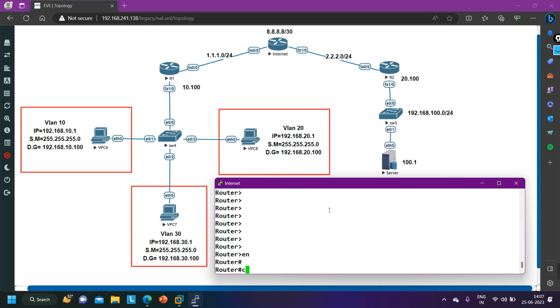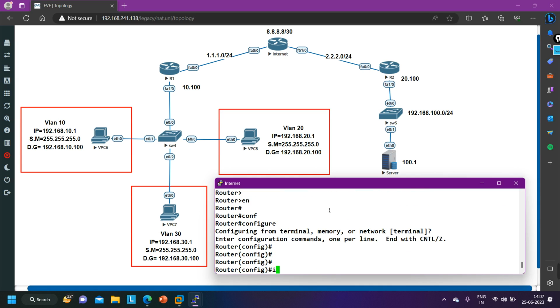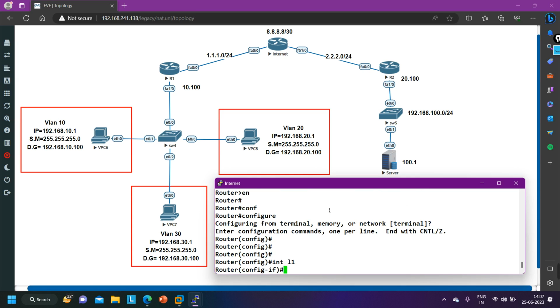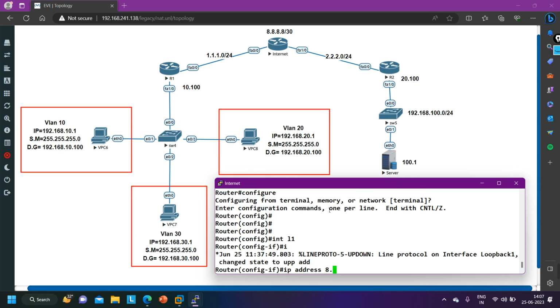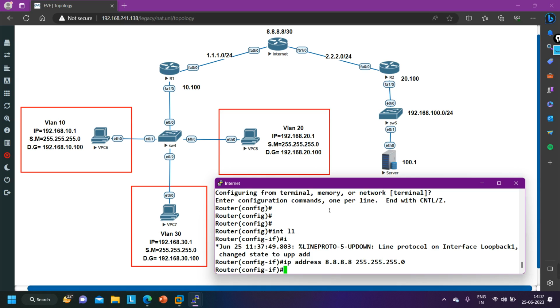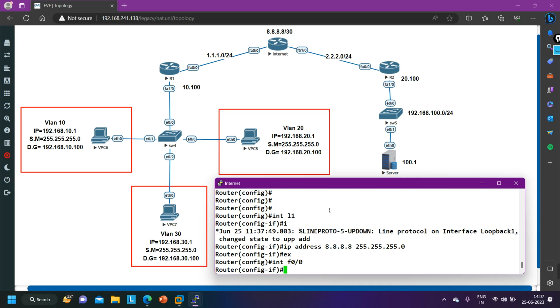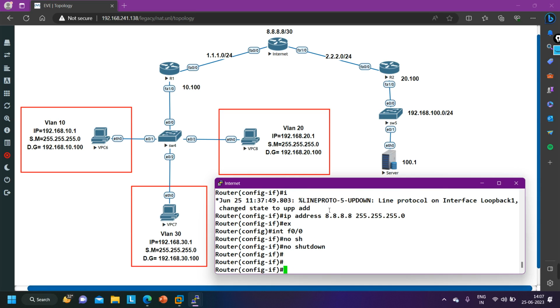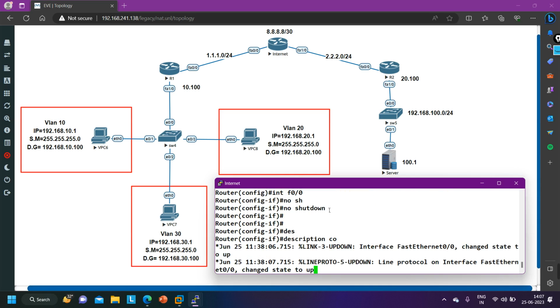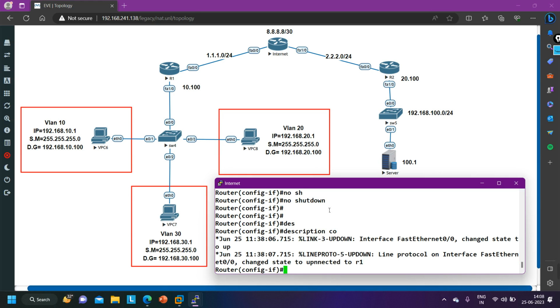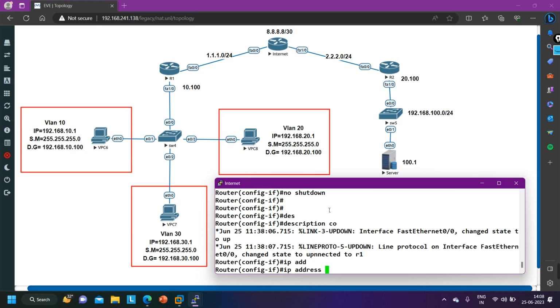Don't worry. On internet router, first of all, let me configure the IP interface. Loopback 1. First of all, I am going to create the loopback. IP address is 8.8.8.8 255.255.255.0. So I have configured the IP address on loopback interface. Now interface F0/0 no shut, and here we can define the description connected to, let's say R1. You can put any description. Then IP address 1.1.1.2